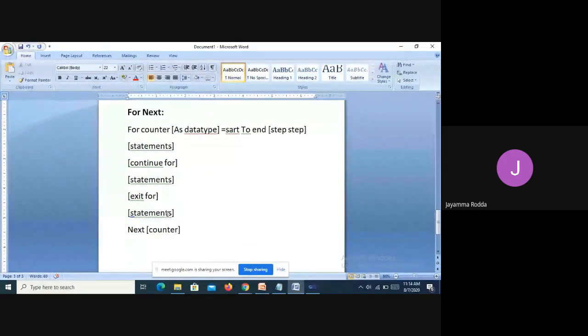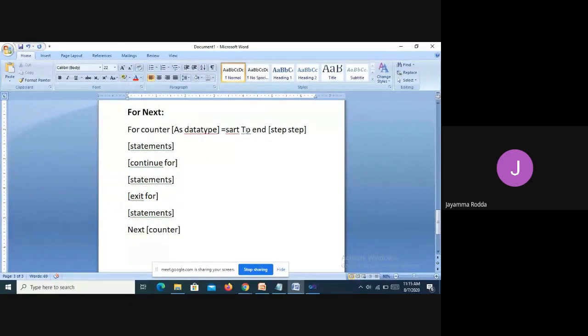So what happened? Initially the counter is set. The counter variable is created as the data type, and we give the starting value and ending value for the counter. Then each time during the looping cycle, the counter will be incremented by 1.